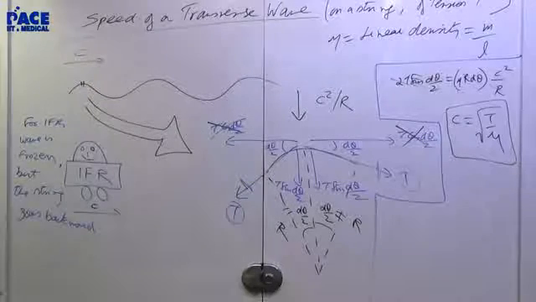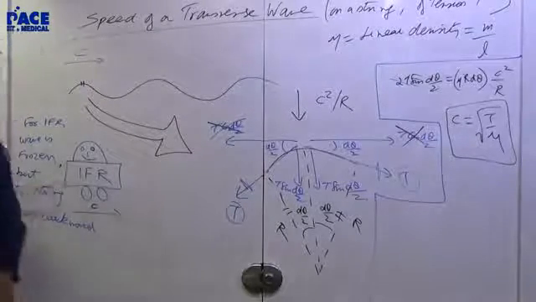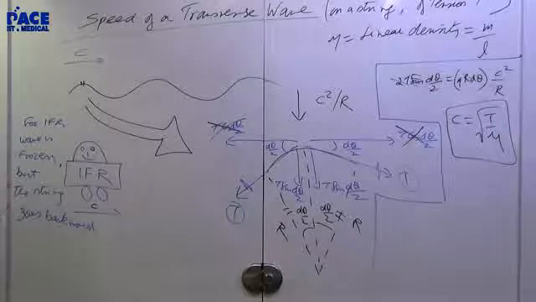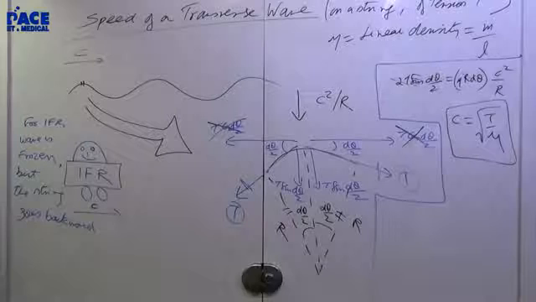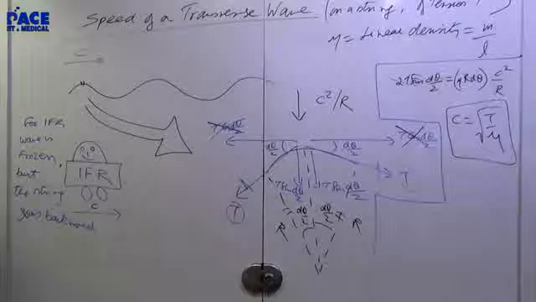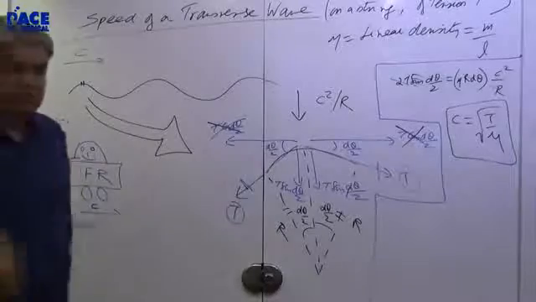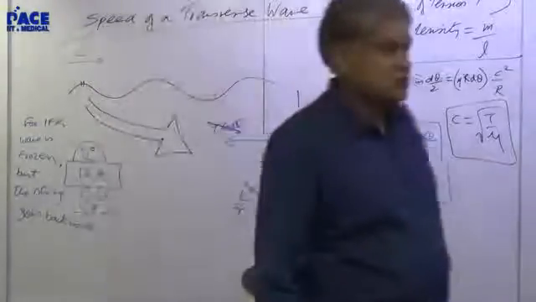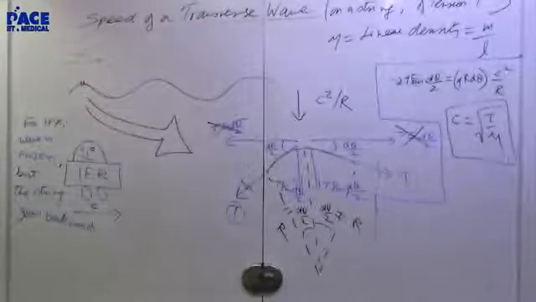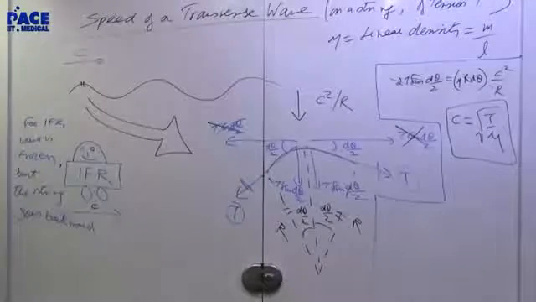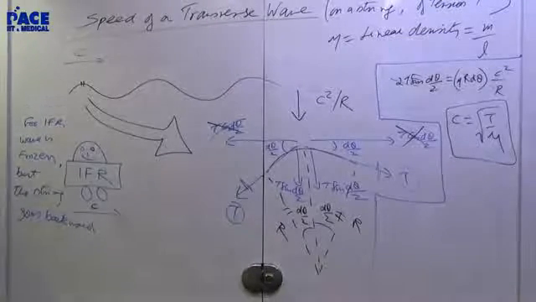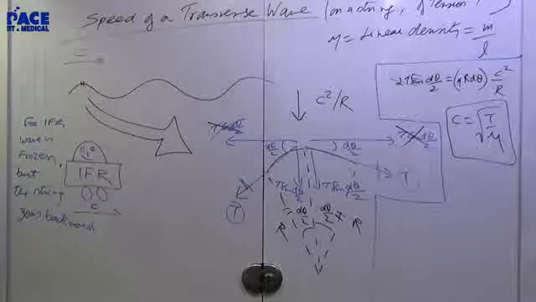Is that okay? We can do it from this inertial frame of reference perspective in a better way like this. There are other ways of doing it, but they are much more complicated. This gives us a smart way of doing it, so hence I'm sharing it. The speed of a transverse wave is root T by mu. So it depends on tension and the linear density, which means how thick the string is and what it is made up of. Bronze, aluminium, copper, everybody will have a different value. So the material properties of the string govern the speed of the wave. Speed of the wave depends on the medium. So root T by mu, is that okay?